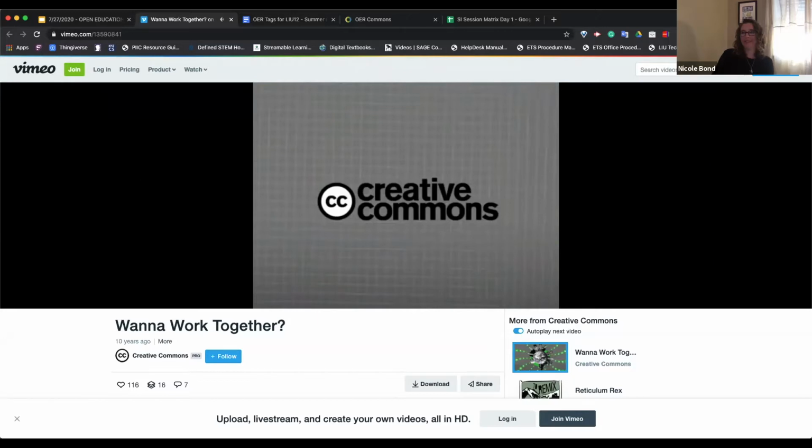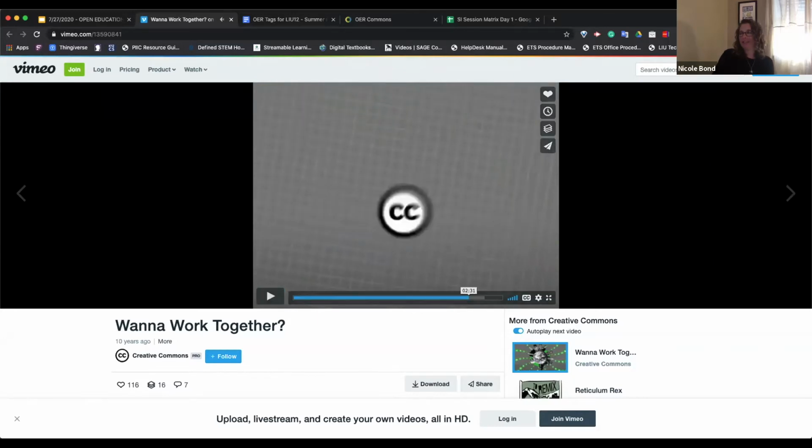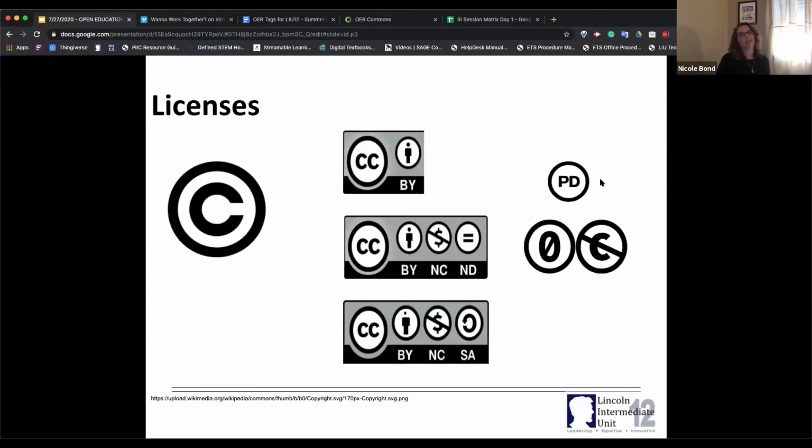Okay, so you get the idea, that is a type of copyright. So these are a variety of the Creative Commons licensing. And as you saw there, the creativecommons.org website will give you a little more details, and you can actually click through and license your own material. This is really great when you're sharing lesson plans, or if you're looking at others' lesson plans to see if you're allowed to utilize it, if you're allowed to change it, if they want attribution or not. Some folks create lesson plans that they're not worried about getting credit for. As long as somebody's using it and it's helping students learn effectively, they're not concerned about it.